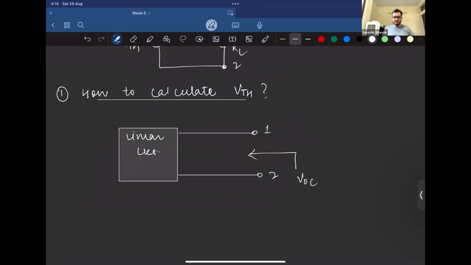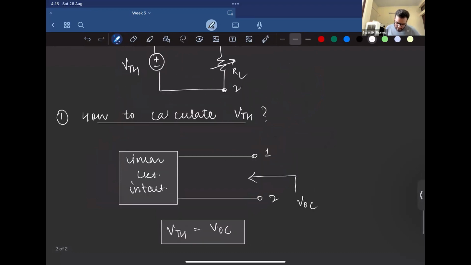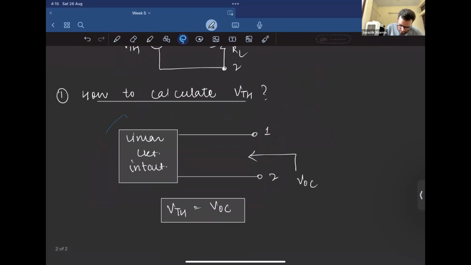And we find the open circuit voltage across the two terminals, removing that load, right? And the circuit remaining intact. This open circuit voltage is nothing but Thevenin voltage. And similarly, to find RTH,